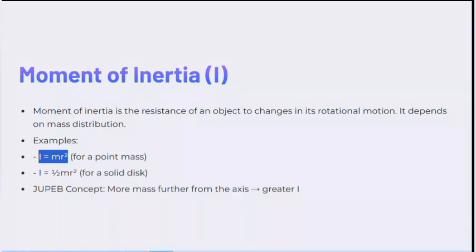So the formula, when it is in that case, is going to be simply I equals m times r squared, where I is the moment of inertia, m is the normal mass, and r is the radius of the circular motion. Then in the case of objects that look like a disc or a ring,